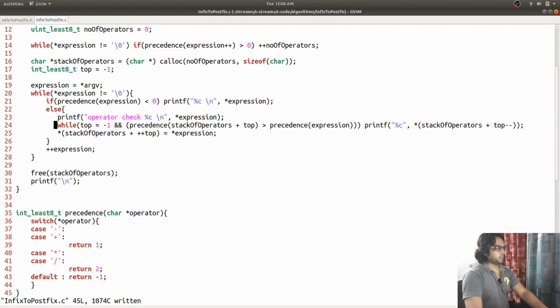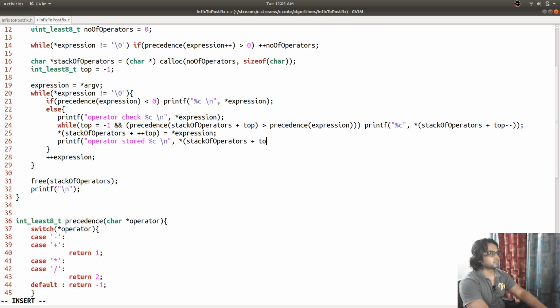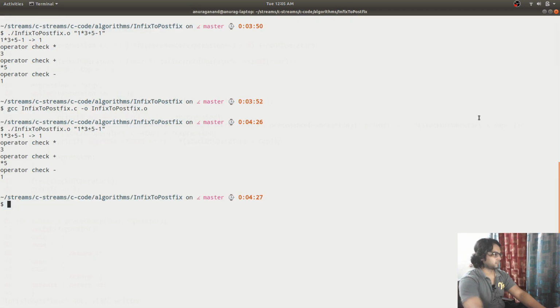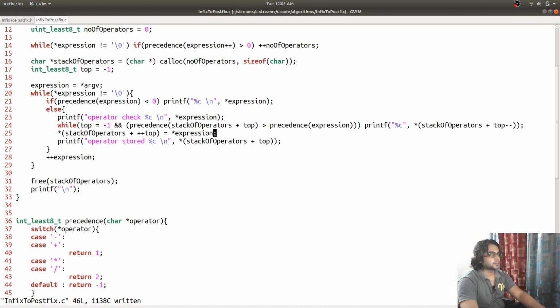The point is why I'm not getting the other operators stored. So my operator code is working fine.